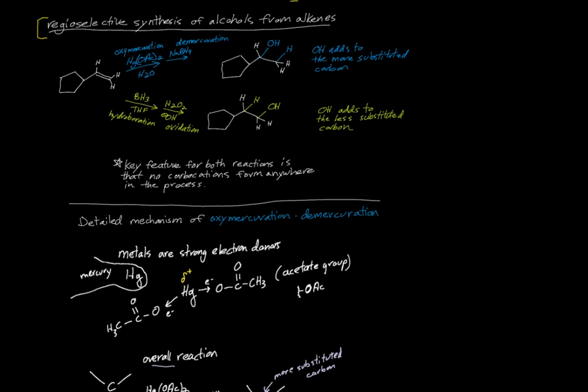So inevitably, to get these to be effective, we delve into more and more complex reactions, however. So the old, just simply adding acids or alcohols or halogens or this kind of stuff will never get you the selectivity of the more complex reagents that we see. The two complex reactions we're looking at here are oxymercuration demercuration and hydroboration oxidation. If you start with an alkene like this, these two reactions will lead you to one or the other specific products. The alcohol adding to the more substituted carbon, the carbon that was more substituted initially, or the alcohol adding to the less substituted carbon